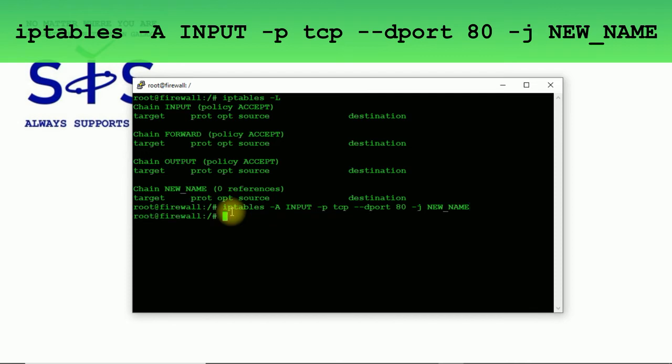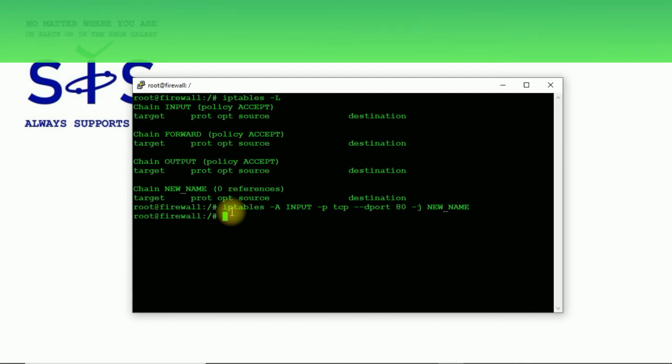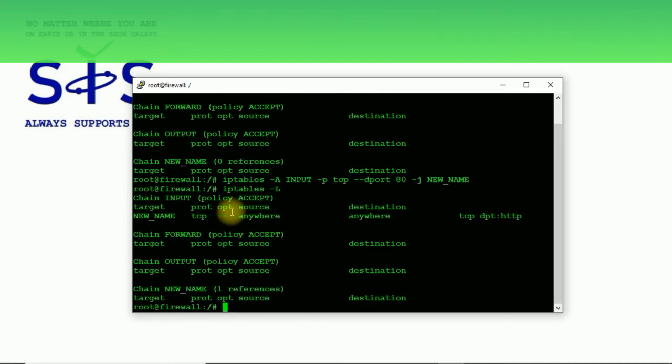After hitting enter, if we check iptables again using the capital L option, you will see we've got here one reference. The traffic, maybe I'm gonna clear it just to make it more readable.